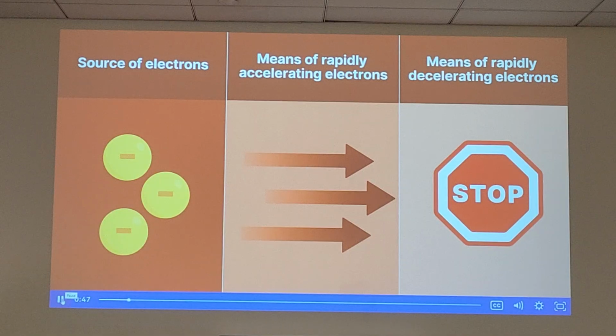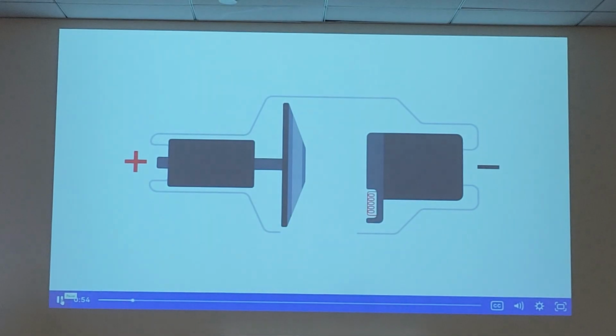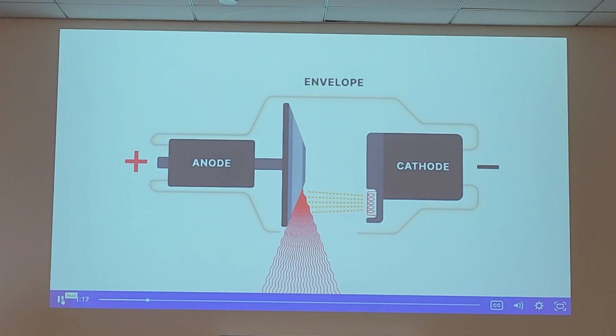Those electrons stop, and through the release of that energy, x-rays are produced. All three conditions of x-ray production are taking place in a controlled fashion inside of the x-ray tube. The cathode filament serves as the source of electrons, the rotating anode is the target of the electron stream, and the accelerated electrons will collide with the tungsten target and release their energy in the form of heat and x-rays. And of course, this entire x-ray assembly is encased inside of a vacuum-sealed envelope to maintain the high efficiency needs